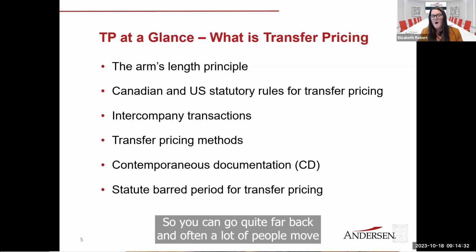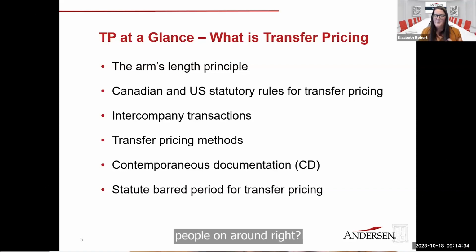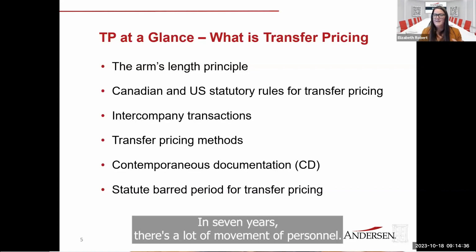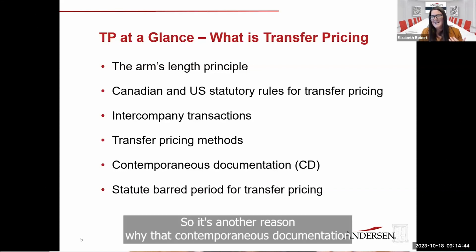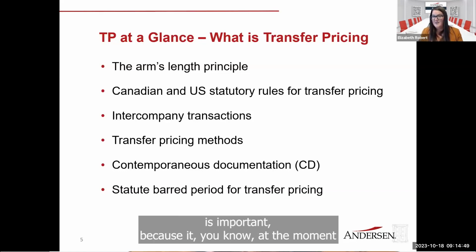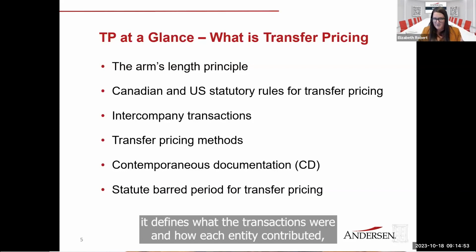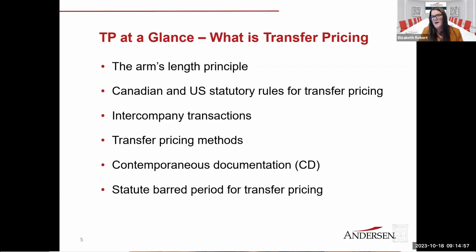And often a lot of people move, people aren't around, right? In 7 years, there's a lot of movement of personnel. So if ever you are audited, the people who understood what was happening 7 years ago are now gone. So it's another reason why that contemporaneous documentation is important, because at the moment, it defines what the transactions were and how each entity contributed. And